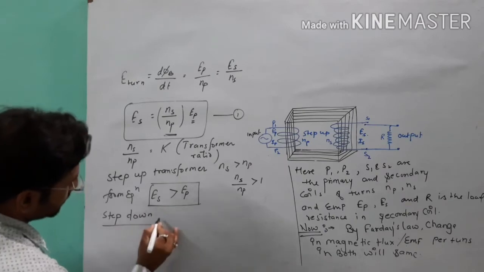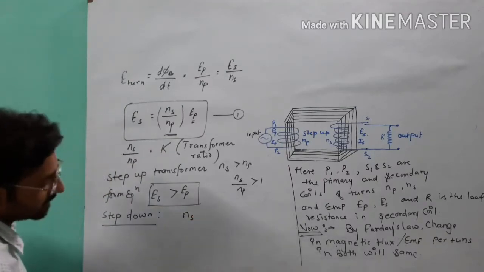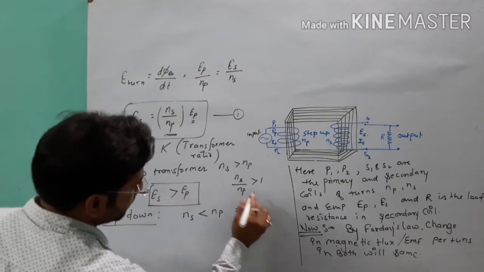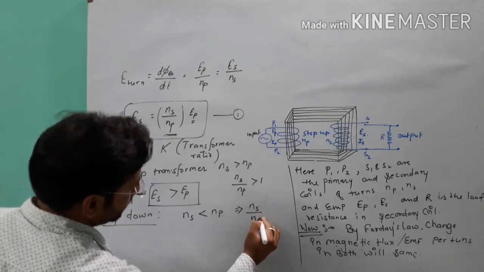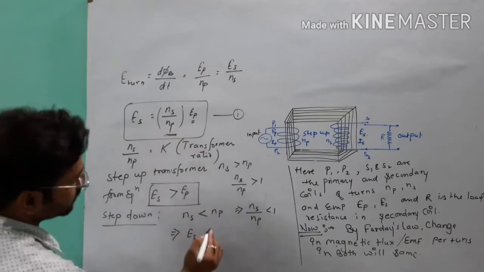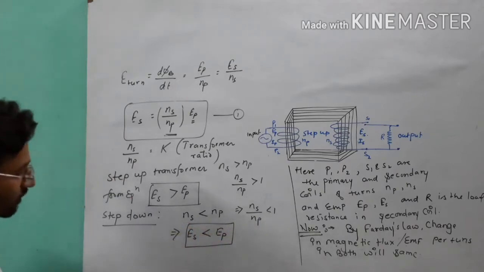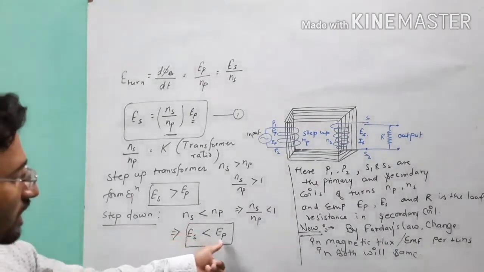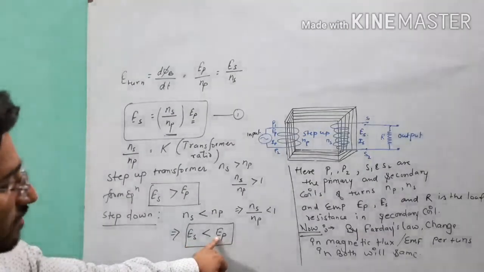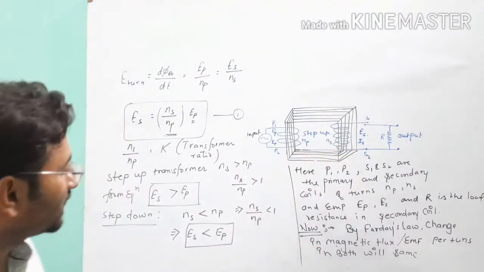Similarly, in a step down transformer, the case is opposite to the first: the number of turns in the secondary coil will be less than the number of turns in the primary coil. So it will give us the value of NS over NP less than 1. It implies that from the first equation the output voltage is less than the input voltage. So the working of step down is that it converts high voltage alternating current to low voltage alternating current. This ES and EP you can treat as the EMF as well as the voltage in the primary coil and secondary coil. Point clear till here?